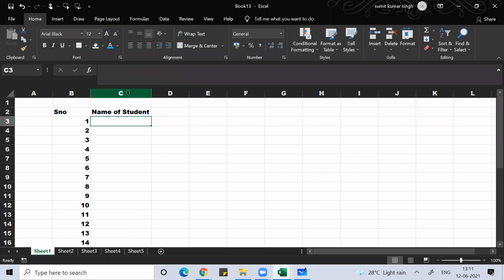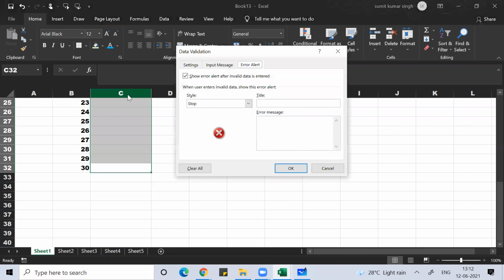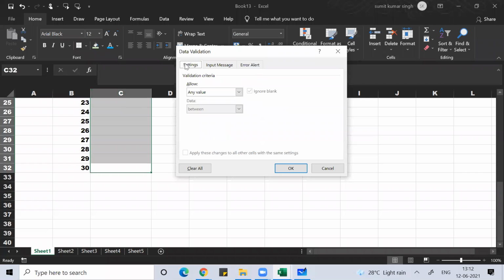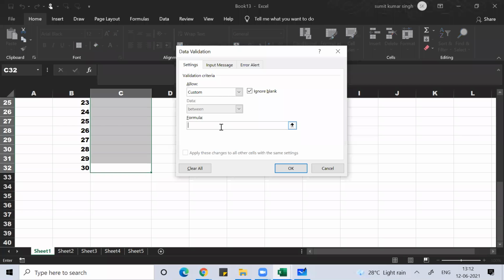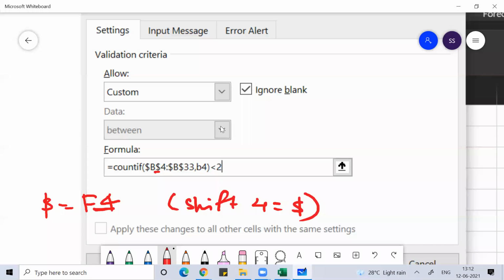So select this, guys. Control down arrow, Control Shift up arrow. Just select this data. Alt DL for data validation. Go to settings. In Allow, put custom, and in the formula write this.